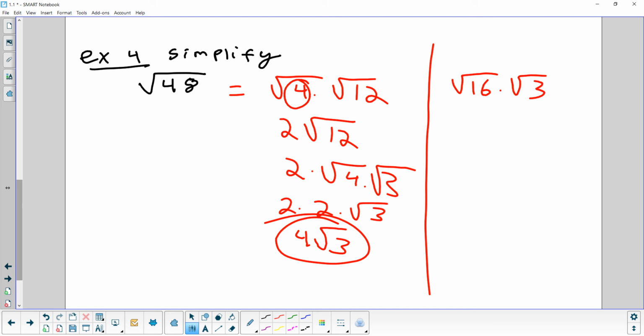Probably not the one most people think of right away because it's not in the times tables. But you can break 48 down into 16 times 3. And the square root of 16 is 4. And you're done in that one step. Both methods are perfectly fine. All right, so that's the important thing I wanted to show you with square roots. Any question on